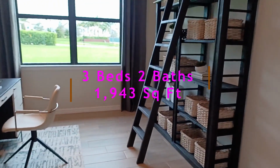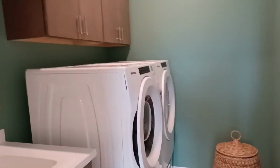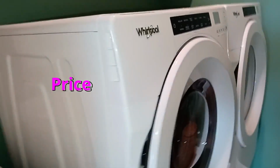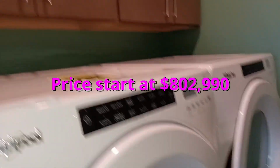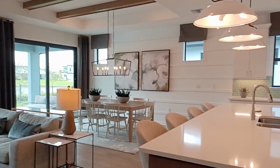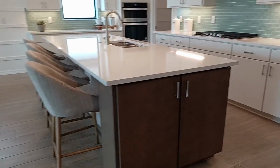Property offers 3 bedrooms, 2 bath, 1,143 square foot, 2-car garage with open floor plan and office space, large outdoor living area with covered patio and a large pool area. This particular model prices start at $802,990. A steel reinforced concrete block construction, borax concrete roof tile, impact resisting windows and doors, 9-foot ceiling,